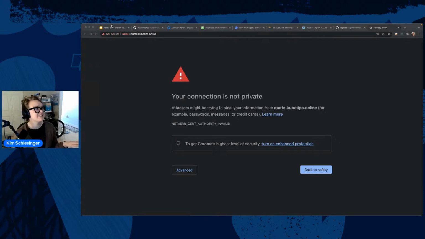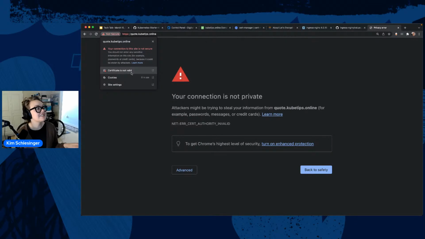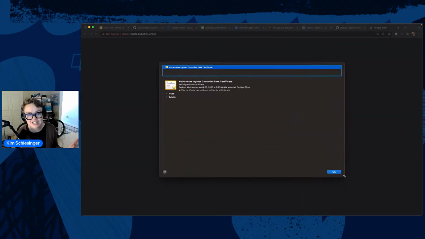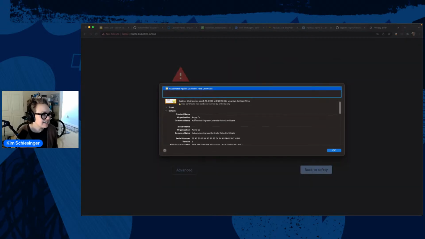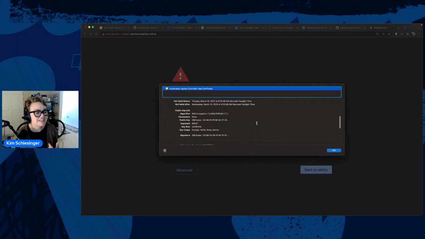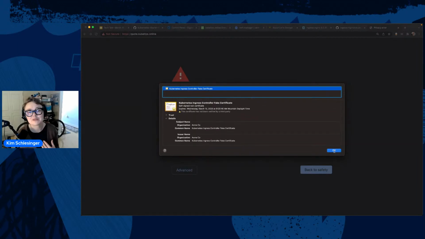Okay, so this is just what I wanted to show you. Chrome's like, nope, this isn't safe. And if you go up here, it says the certificate is not valid. I wish I could make this bigger, but I don't think I can. It just says Kubernetes Ingress Controller fake certificate, which is not a real certificate. So it's a self-signed certificate that got generated with Ingress NGINX, and you can look at the details here. Kubernetes Ingress Controller fake certificate. So here is the fake certificate that your browser will not like.